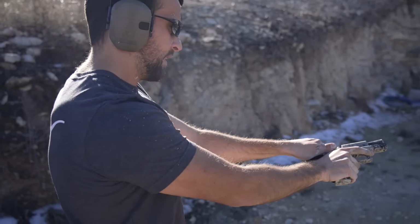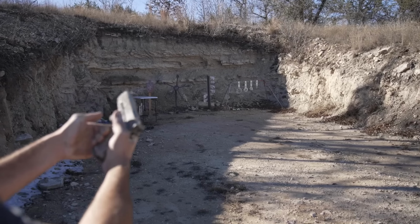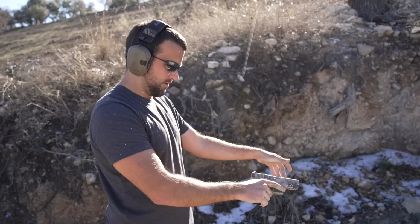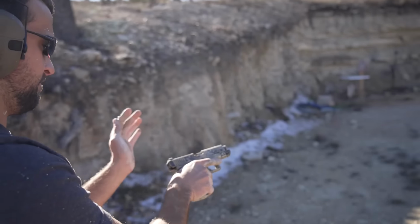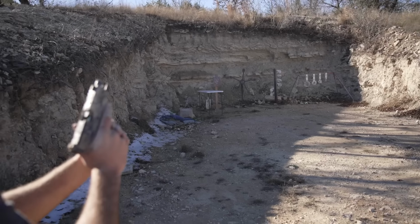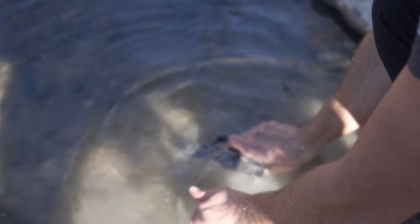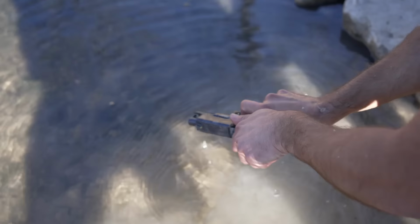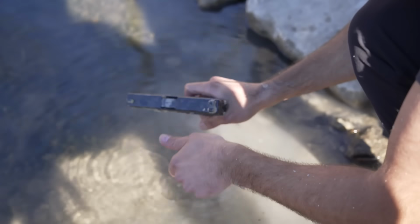No, that brass just doesn't want to come out. Oh, that trigger seized, guys. That trigger. Oh, okay. We're gonna have to dump this in water pretty soon, but let's just see if I can't. Come on. Yeah, that trigger felt really, really bad. All right. Trigger doesn't want to reset. Okay. Nope. It feels better, but